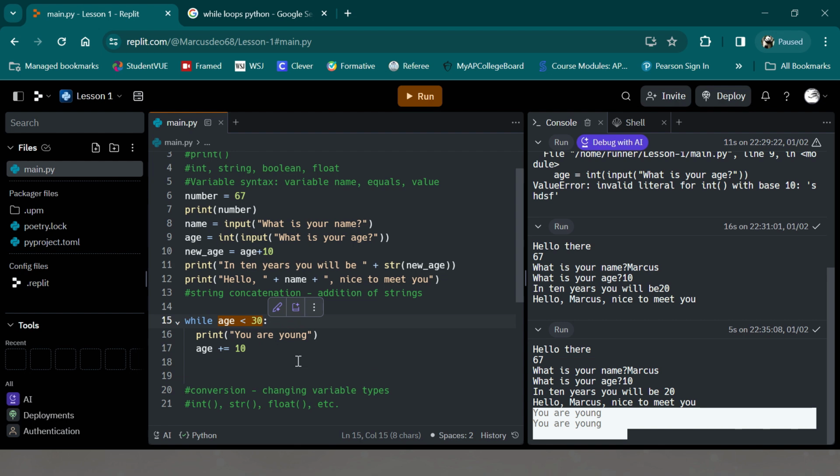This is very important. This is a Boolean. This is a true or false. Age is less than 30. You are either going to get true or you are going to get false. And if it's true, it'll do whatever is in here. The colon just signifies that